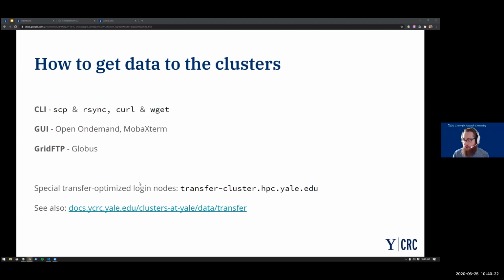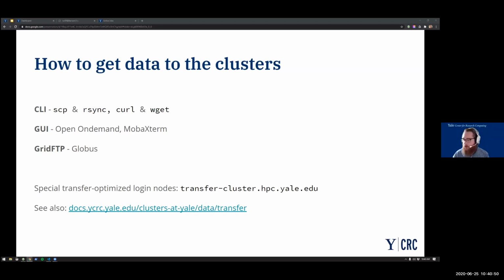I think we have a 70 terabyte transfer going between Princeton and us right now. That's moving very smoothly. Now, the other two ways of transferring files just wouldn't be able to handle that in a good way because if it gets interrupted, bad things can happen.